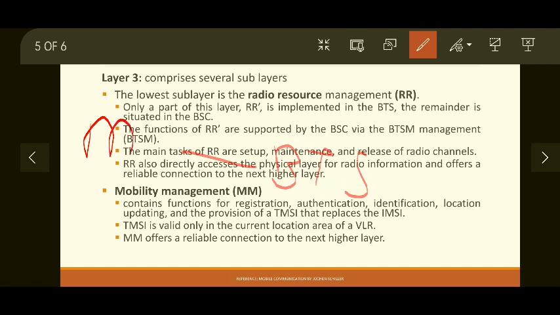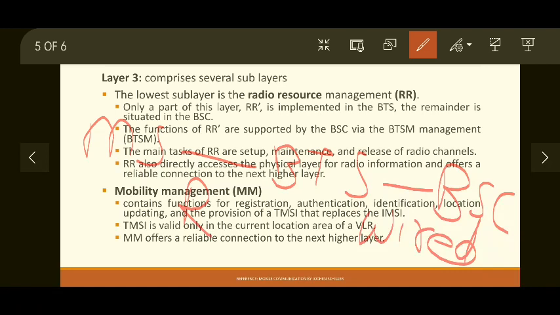One is a mobile station, that is radio, and the other is the base station controller, which is a wired interface. So the entire connection of BTS is not wireless. Some part is wireless and some part is wired.